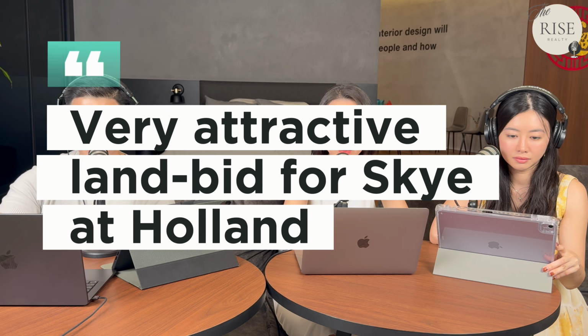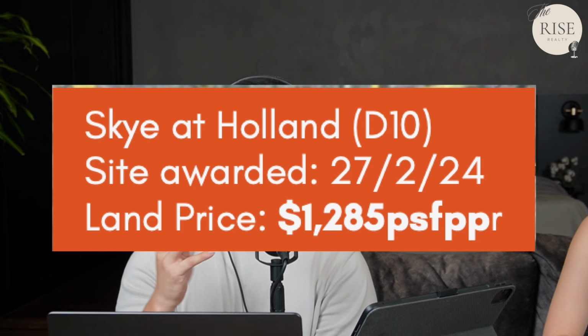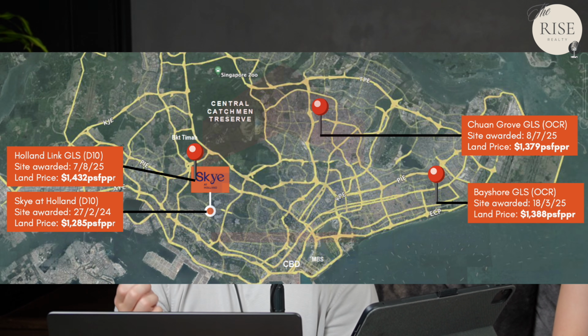Okay, next question. The land bid. One of the most important things about Skye at Holland this time is going to be the land bid. My land bid PPR is 1285 PSF PPR. Okay, how do we derive? Is it expensive or is it cheap? We compare to OCR, our Tran Grove, which Tran Park did amazing, 80% already. The land bid was